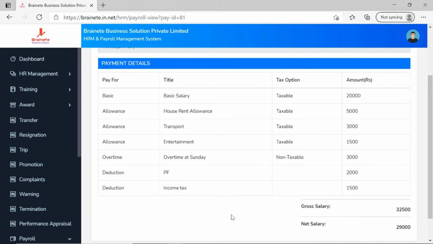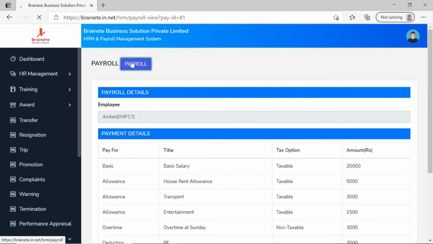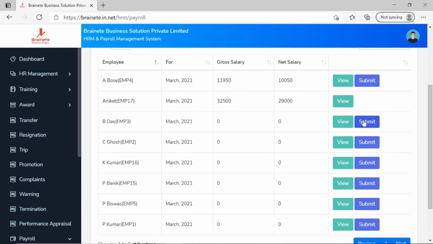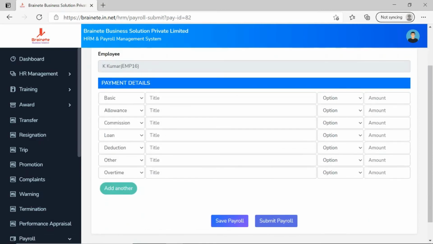When you generate a salary slip by selecting month and year from the drop-down list and submit it, the list of all employees will populate with last month's salary in editable format. You can change the salary slip of those employees where it is required. Generally, the salary of all the employees is not changed every month. So, you can change it as per your requirements.